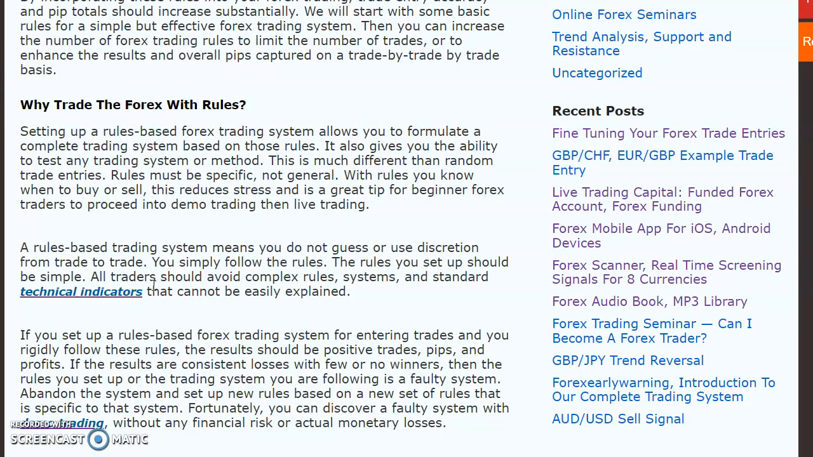So most Forex traders use random trade entries. No real rules in place, and they use technical indicators too, and then they suffer the consequences. But we're going to give you a rules-based system